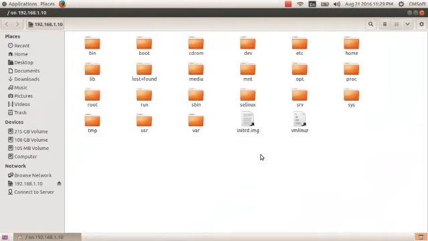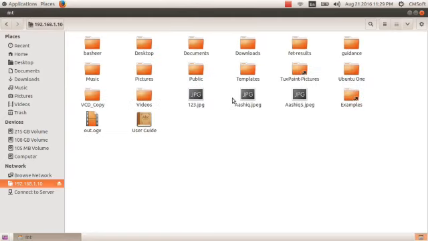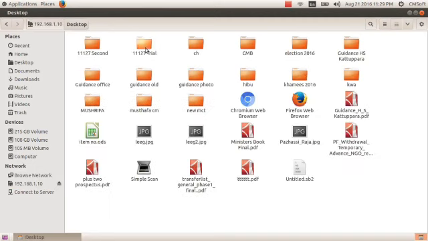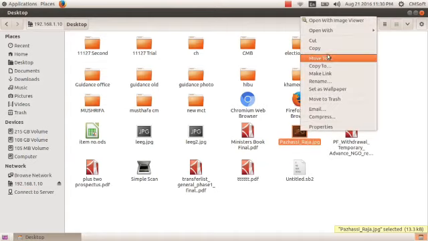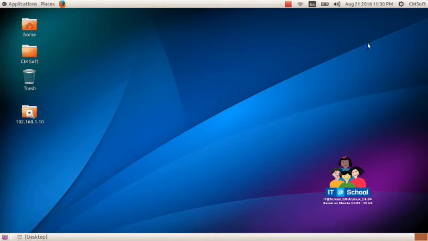So we can see the desktop of the server system. Then we open the folder, and whichever file we need, we just copy that file from that system and paste it on our desktop.